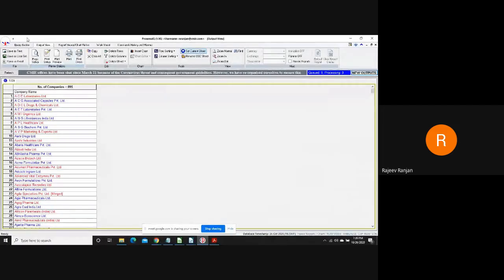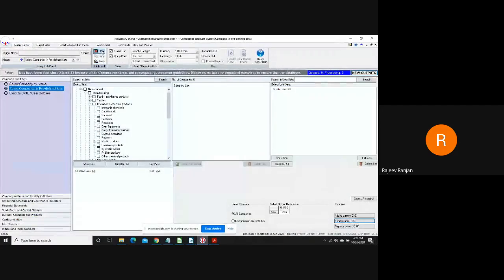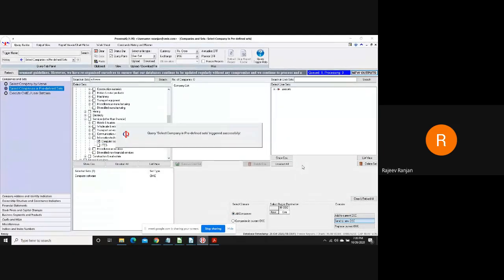a sector. I'll repeat this process and I uncheck my selection and I say I want to find out all software companies in the database. So I have got information technology, I have got computer software or ITES. So I said computer software. My domain should be all companies, and I say send to new OSC. So again, a new output sheet of a company will be generated, which will have this list of companies which belong to computer software as a sector. So I can have as many new sheets as I want to, and I can create that.